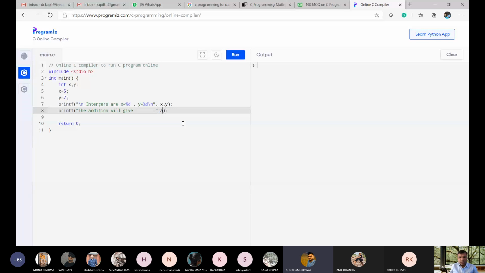Addition is x plus y, and it will give you %d followed by this. Then subtraction. Subtraction will give you this value, x minus y. Then division.